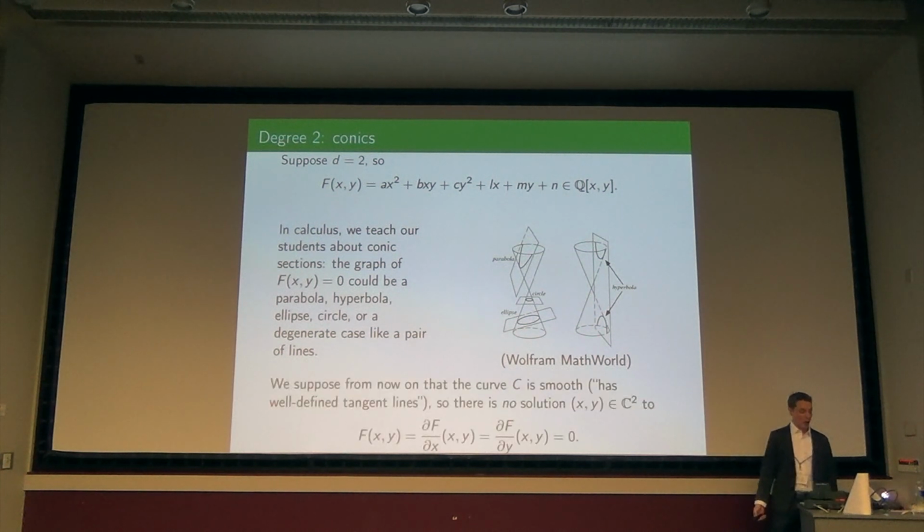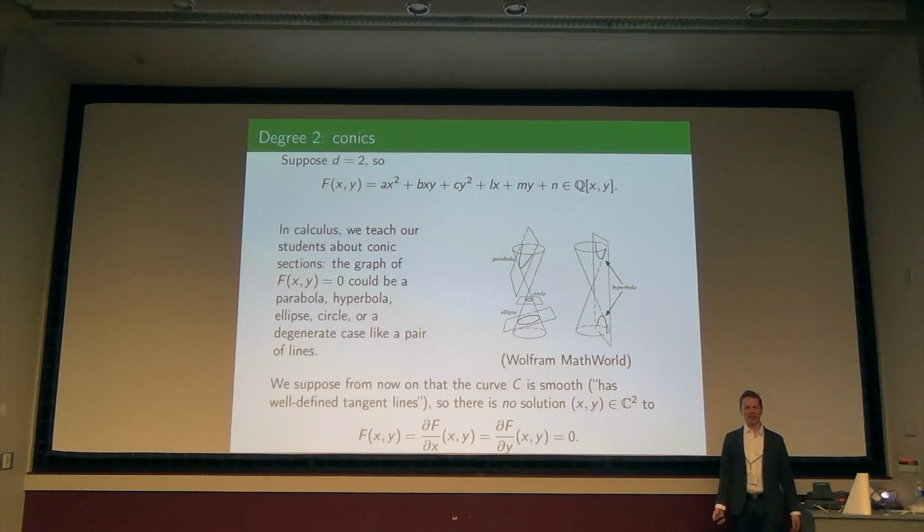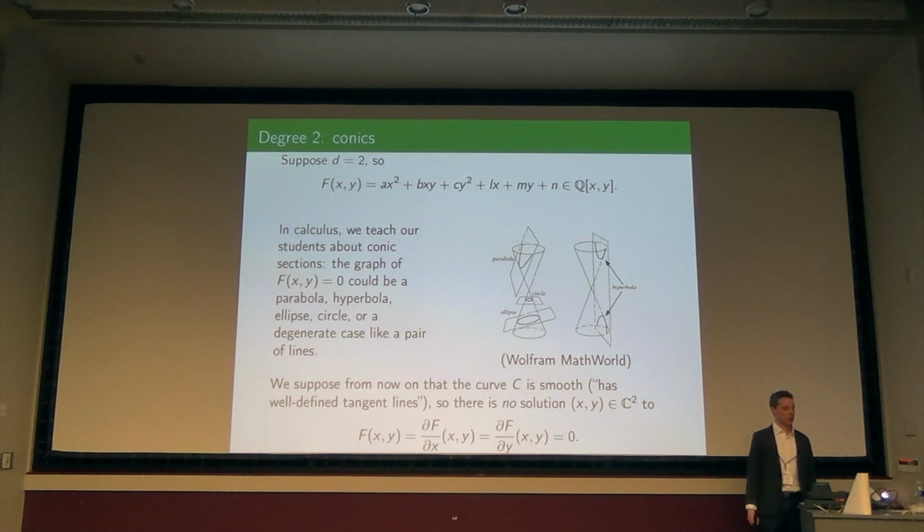Now, in order to avoid the case of two lines, which, after all, we just dealt with, right? If there are two lines, you just parameterize them separately. At the origin, that curve doesn't have a well-defined tangent line, and in order to impose some regularity, to avoid degeneracies, we impose this condition that we require the curve C